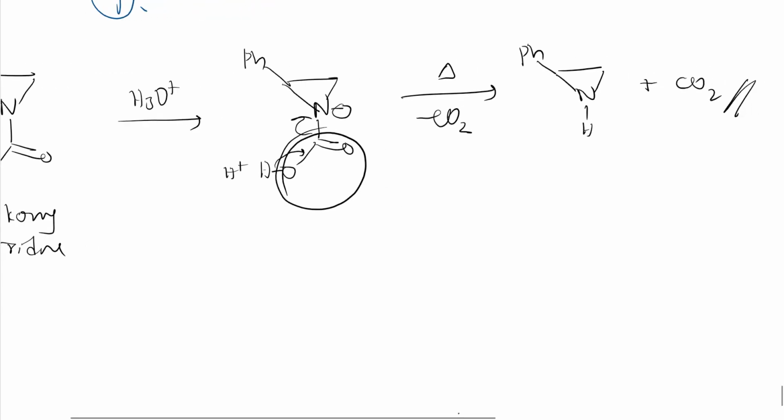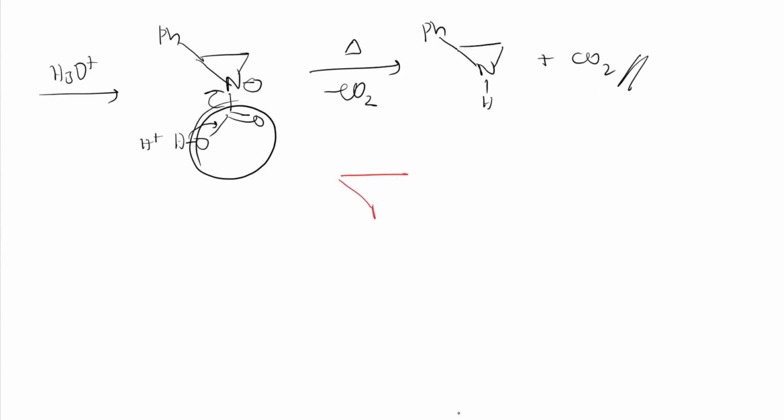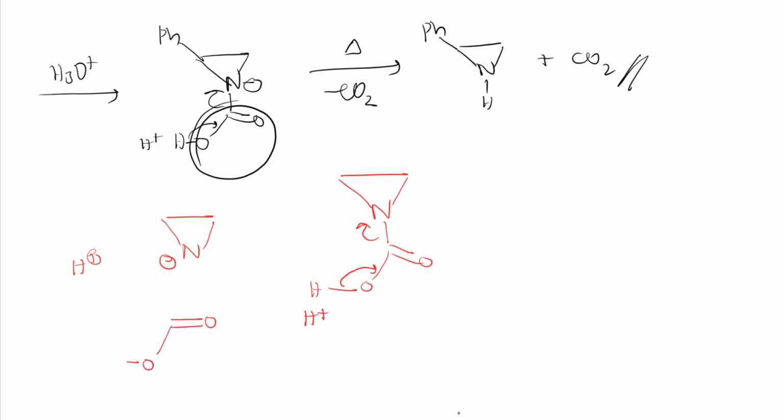Simple reaction. Should I write it? First, once I'll tell you how it happens. So see here, like this, if I break, right? So what happens? I'll get H plus here, and this electron density goes onto nitrogen. So like this I'll get. See here, nitrogen gets a negative charge, H will be positive, and here what happens? O minus is there, as this bond is broken, right? This bond. So this carbon will be having a positive charge.